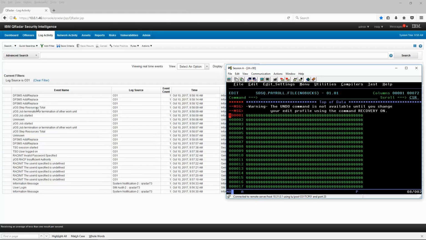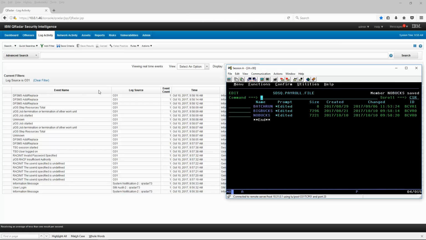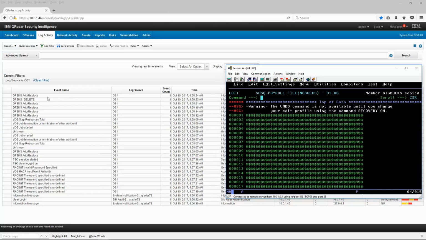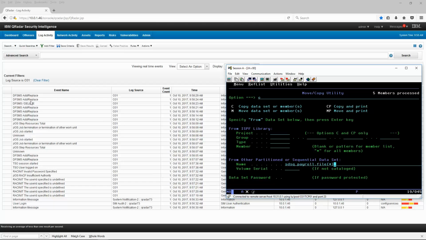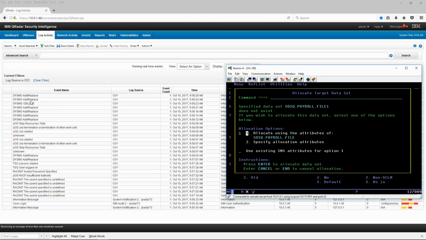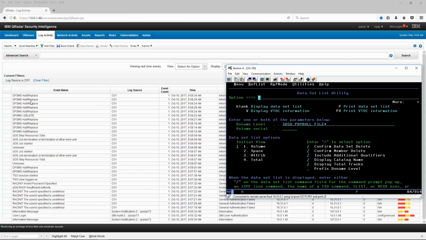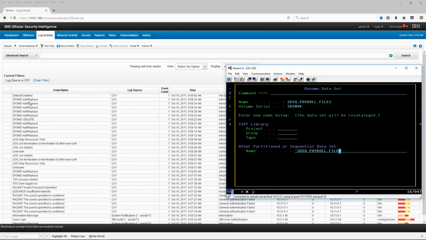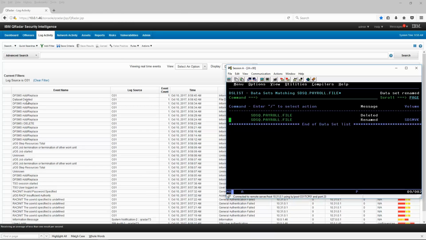And as you can see, as the script is running on the right hand side, those messages are popping up on Curator. Then it's going to do a copy of a file and also did a delete, which you can see came up. And like I mentioned to you, for those folks on the call today that are the Curator experts, we've created our own DSM. We've done some customization. Typically this is not what customers do, but there you can see some of the other events being generated. There's the data set deleted, and I believe I'm going to do a rename now. In fact, I've done the rename already, so there you can see the rename to replace